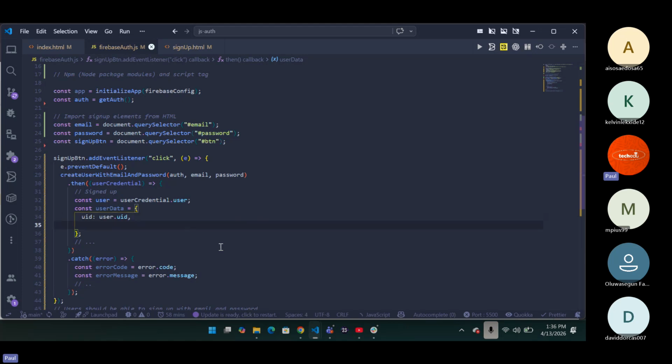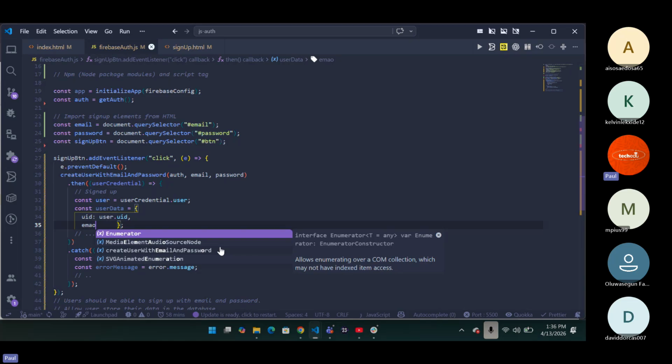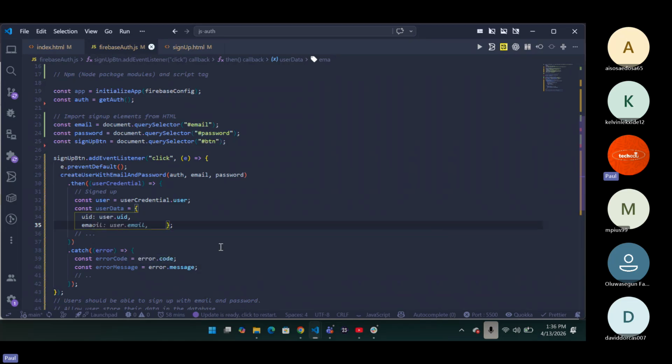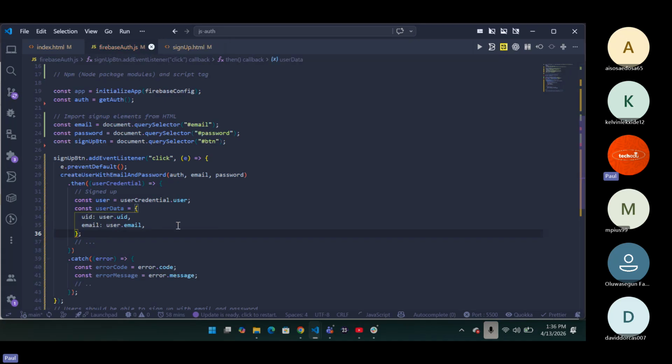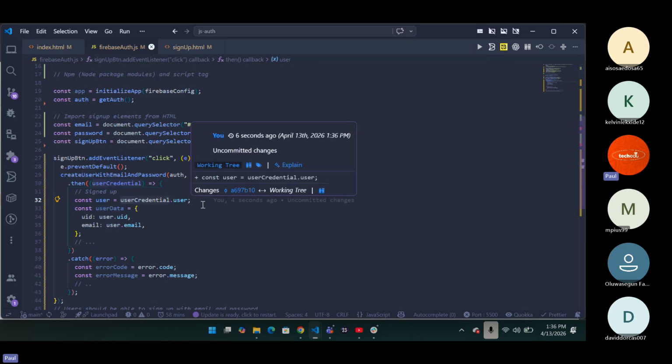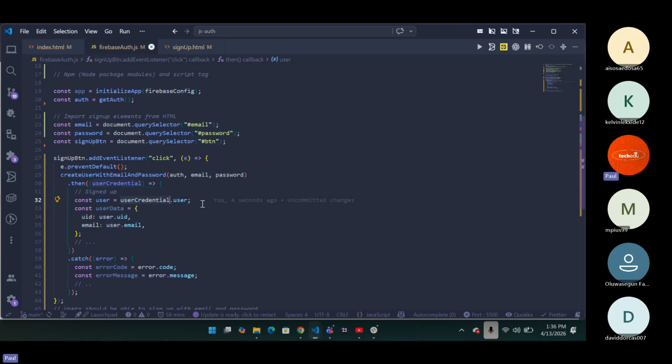Now, we can go ahead after getting the UID. We're also going to get the email of that particular user. So we're going to say email, and the same thing, user dot email. Why are we setting it to user dot email and not an empty string? Because we already said const user equals user credential dot user. This is from Firebase. They've helped you